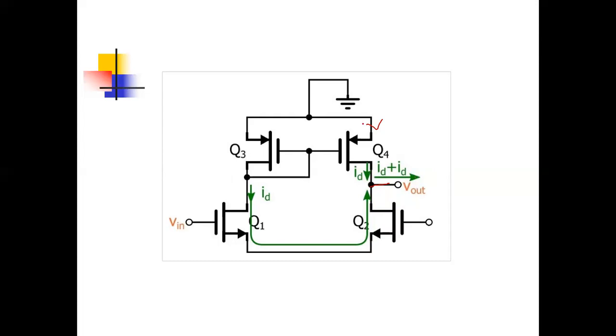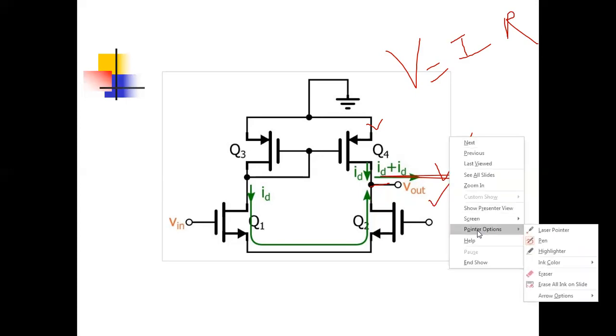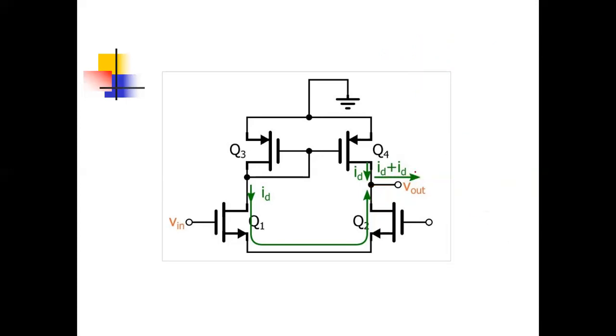So what is happening due to this current mirror? At the output, we are getting double current. If you remember, what is the output? Output is simply I into R. But if you are taking output from only one terminal, you are getting current double. So current is double, so ultimately your gain is balanced. So there is no reduction in gain.